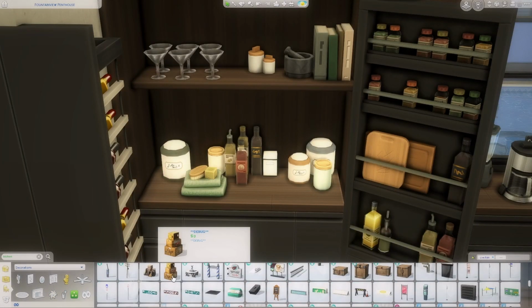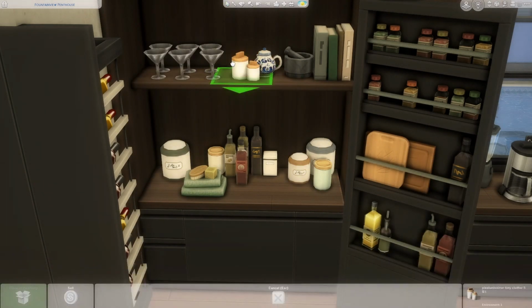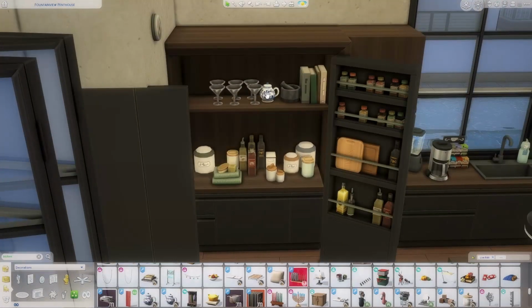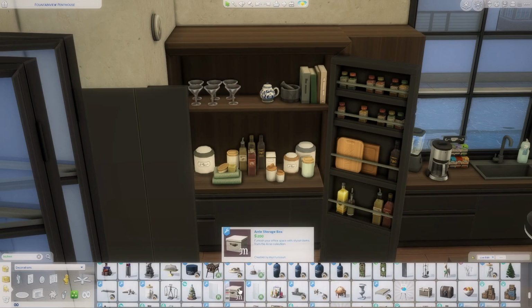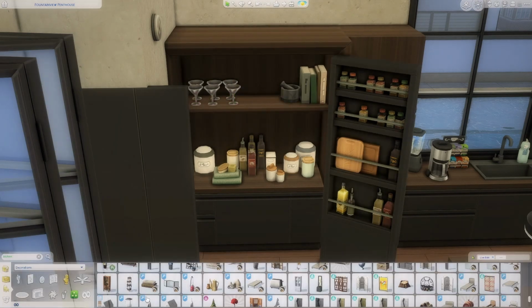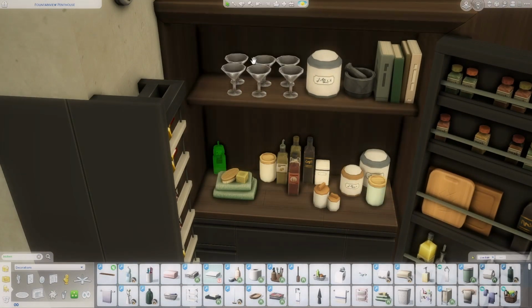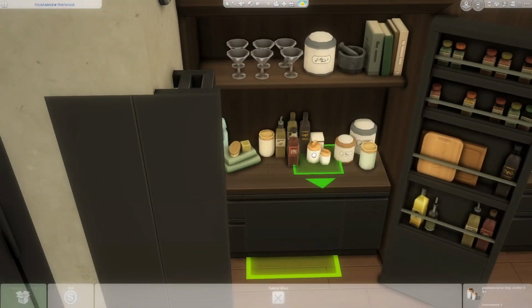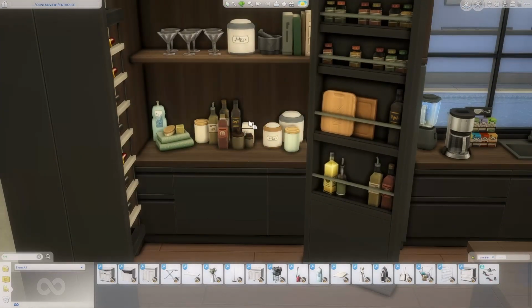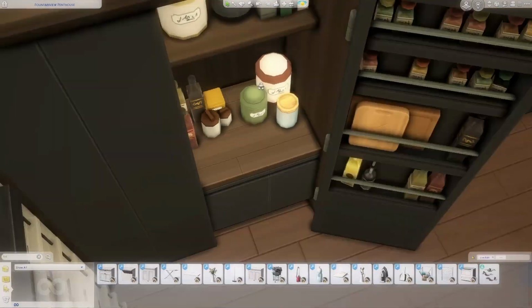So for the vibe of this house and what Sims I imagined to be living here, I kind of thought of just two Sims, either roommates or siblings. And I feel like they're both the sociable type. Since this place has such a big kitchen, maybe one of them's a chef, and I feel like the other one is more